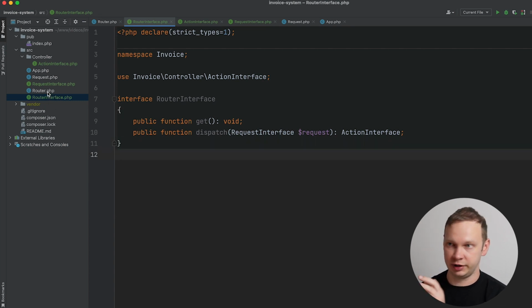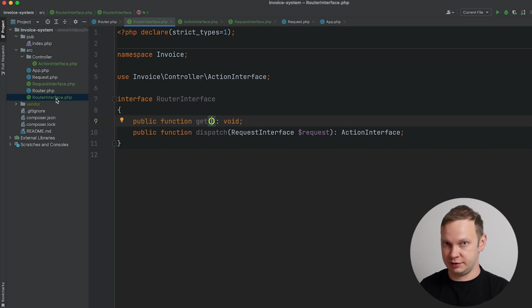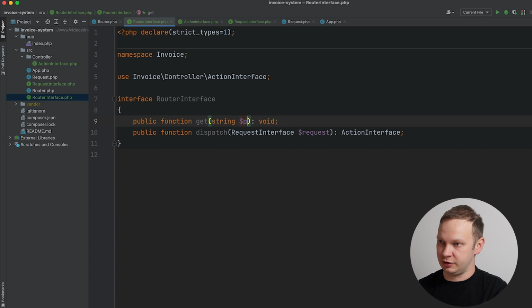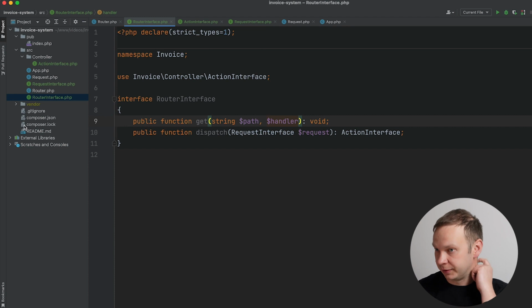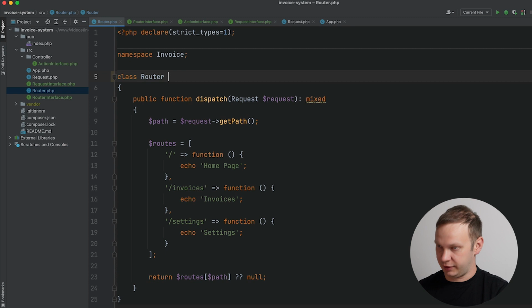I created the router interface for two reasons. First of all, we are going to create another class that will provide a list of routes and will be responsible for configuring a router. And second of all, it's a good practice to use interfaces rather than PHP classes. This is something we will start introducing in our application. Also, for the get method, I need to provide a string path as the first argument and a handler or callable as the second argument. So let's go back to our router and modify